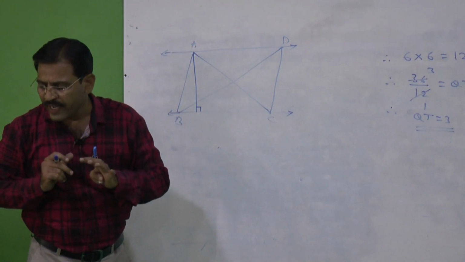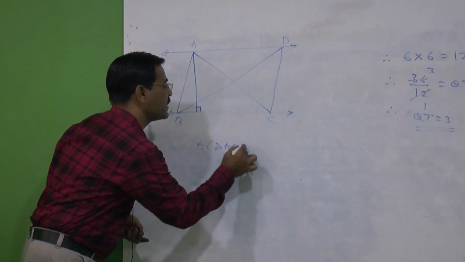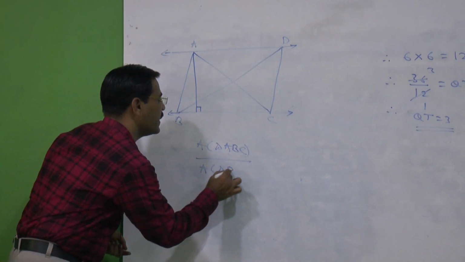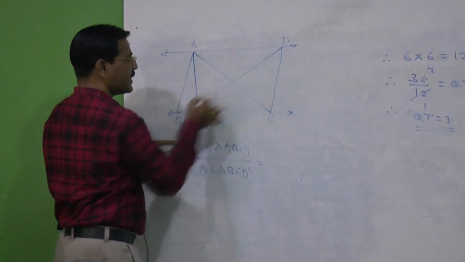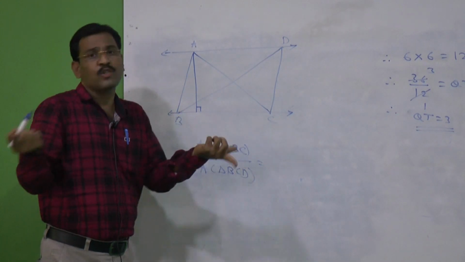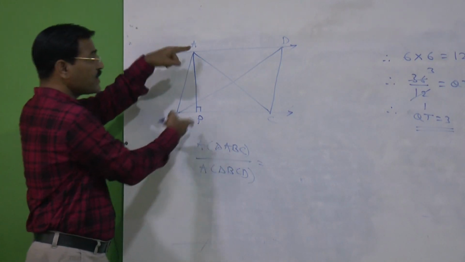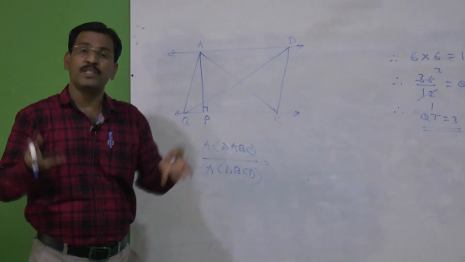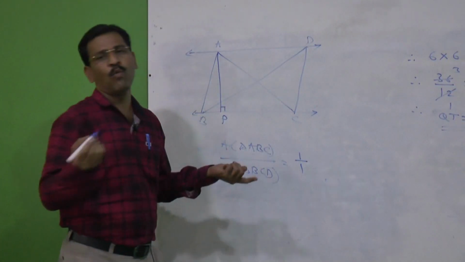Now, what we need here is the ratio of the triangles. Area of triangle ABC upon area of triangle BCD. Look here, where is ABC? This is ABC and this is BCD. If you observe here, BC is their base, which is common. And what is the height here? AP is their height, which is the same for all the triangles. That means we can apply the fourth property. They have the same bases and same heights. Because of that, straightaway we can write 1:1.